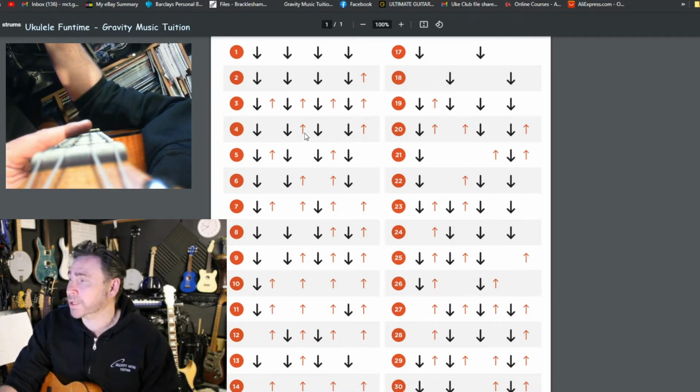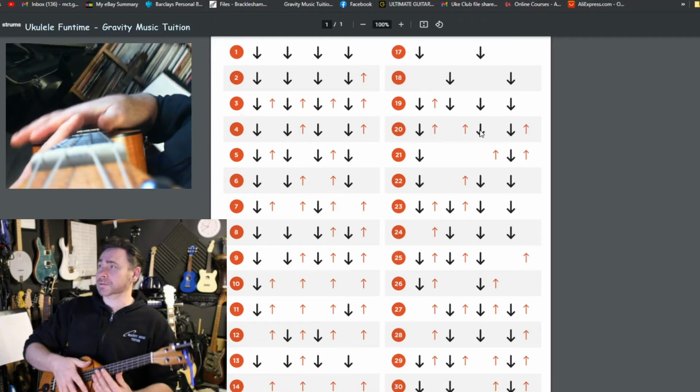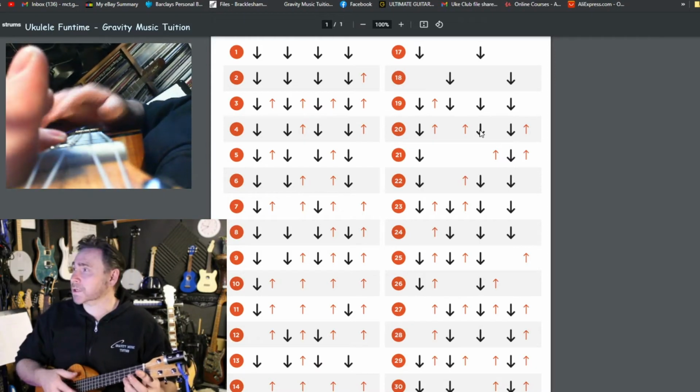So now if I put the upstrokes, these red ones in, 1, 2 and 3, 4, and 1, 2 and 3, 4, and... So let me put that in over the top. So it goes...